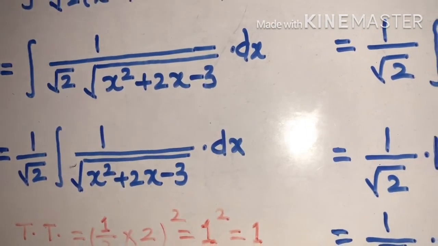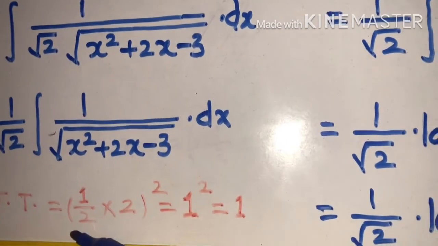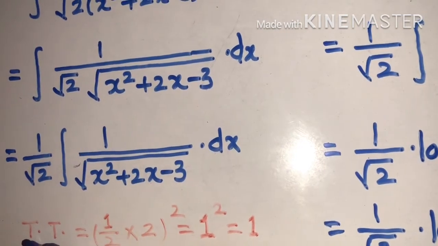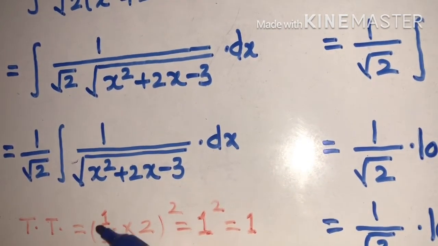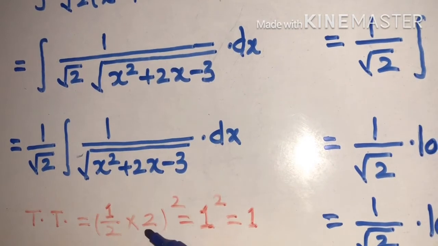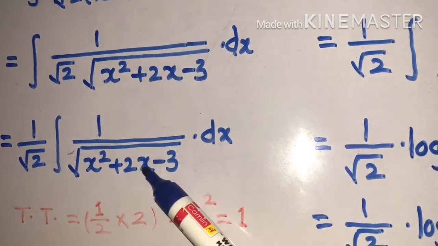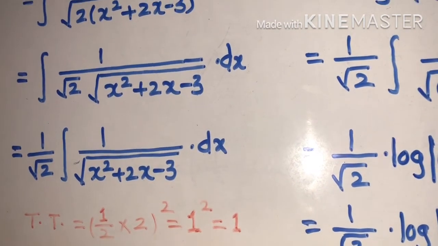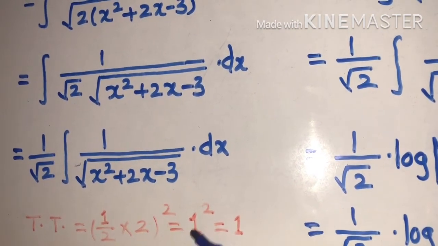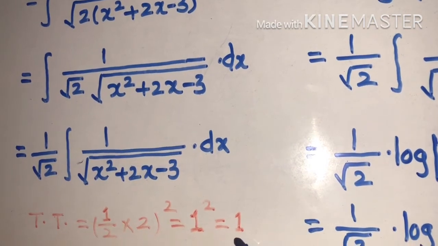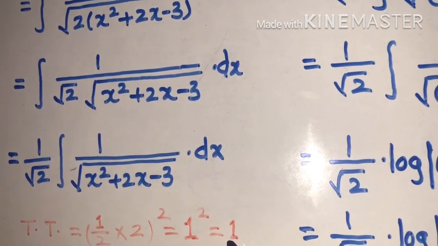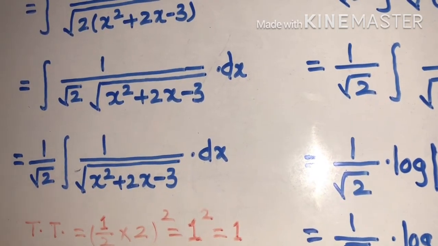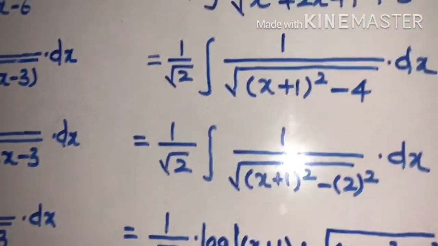Now we made the coefficient of x square as 1. So of course I have to follow my second step, that is take the third term, 1 upon 2 into coefficient of x, and coefficient of x is here 2. So this 2 and this 2 get cancelled, we have 1. If we square it, it will be as it is only. So this one I have to add as well as subtract.